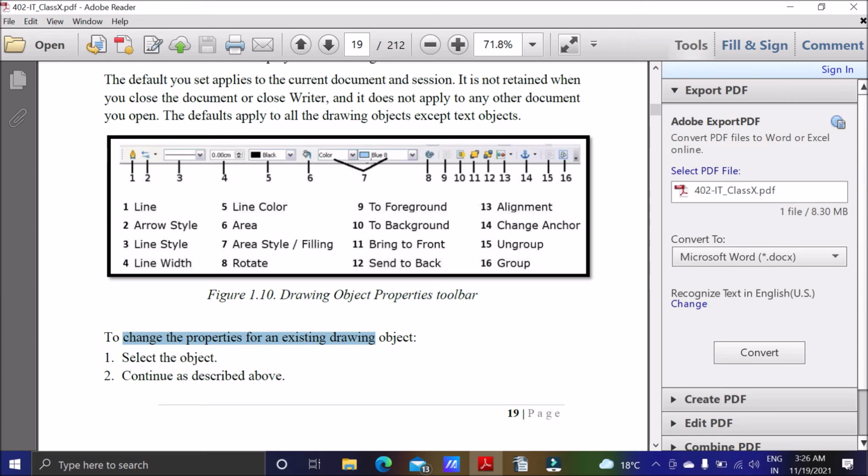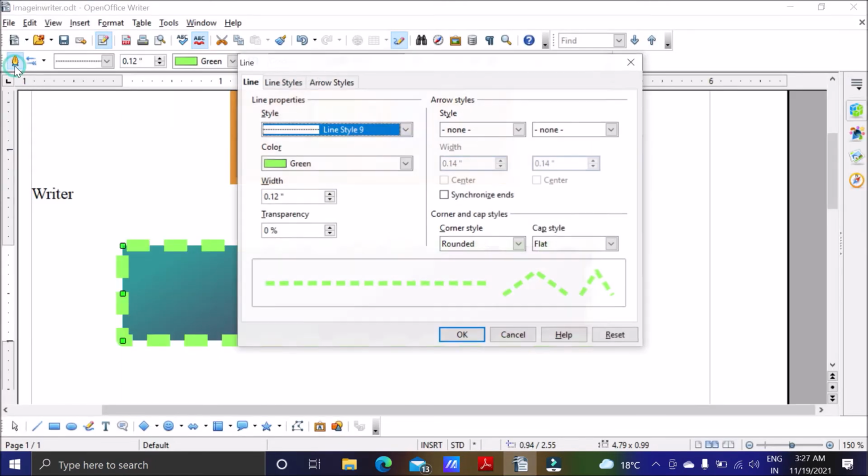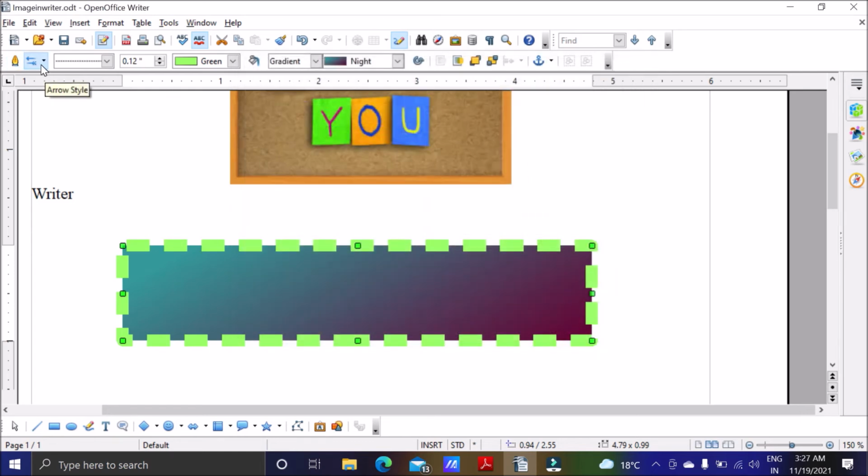We do not have to study these options in detail, but at least we should know the names of these. Some of them we have used also. This one is for giving the line. Lines means the border line. These are for the arrow style. If we go for any arrow, these are the line style, the border line, whatever type you want. This is the width. Color of the border.